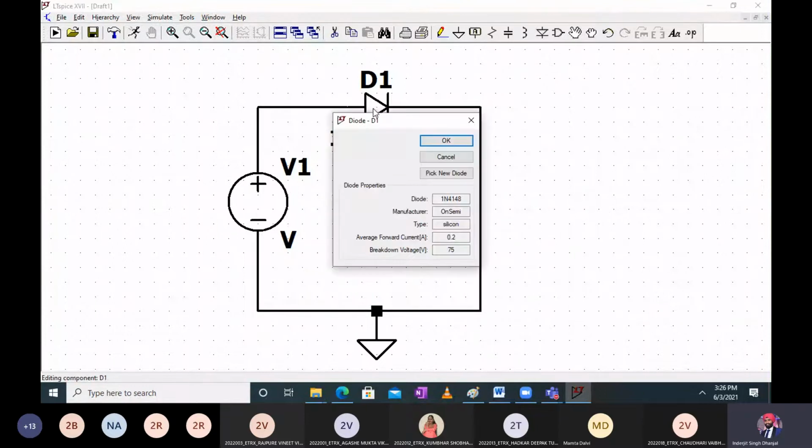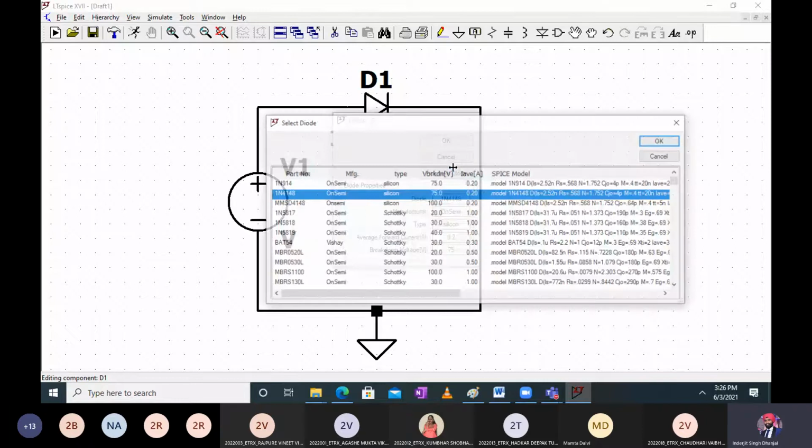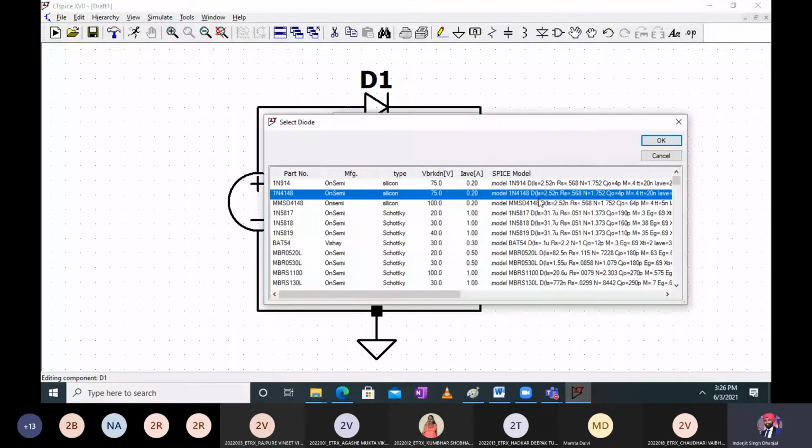Fine. Now in the class we have talked about this, let me show it to you. I don't know whether it is visible or not. Inside the diode parameters, there is IS written. Can you read it? IS is 2.52 nanoamperes. So this is the reverse saturation current, the leakage current which happens whenever the PN junction is reverse biased, which we talked about in the class. This is the reverse saturation current of the 4148 diode.